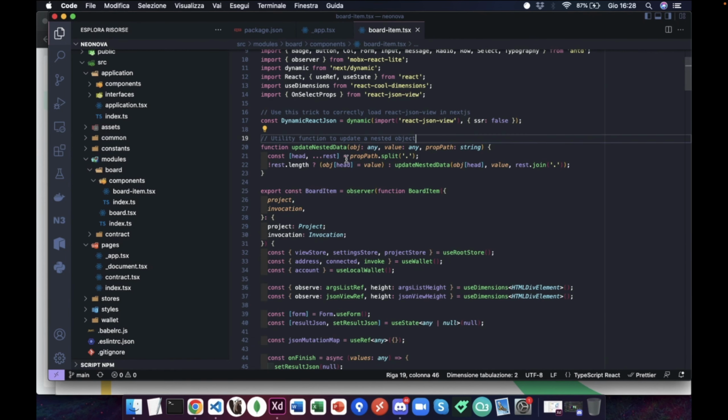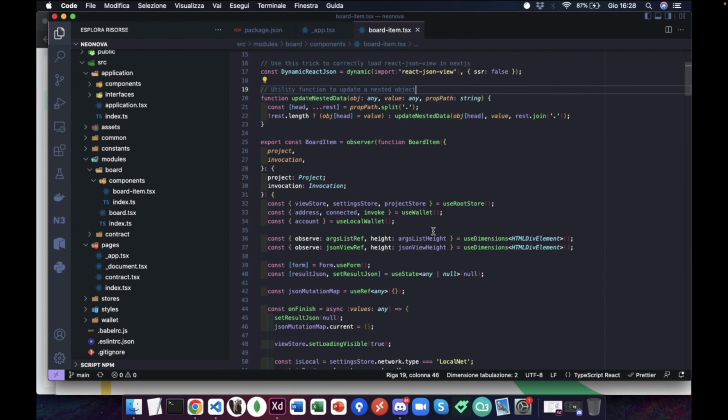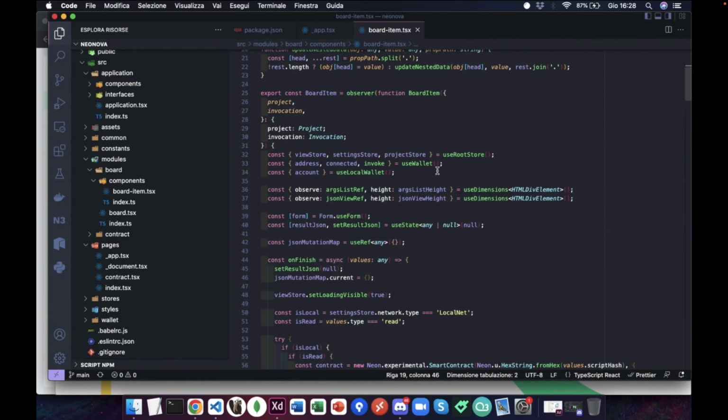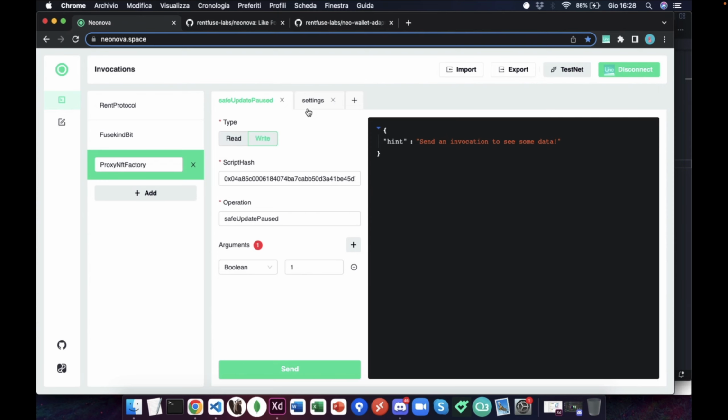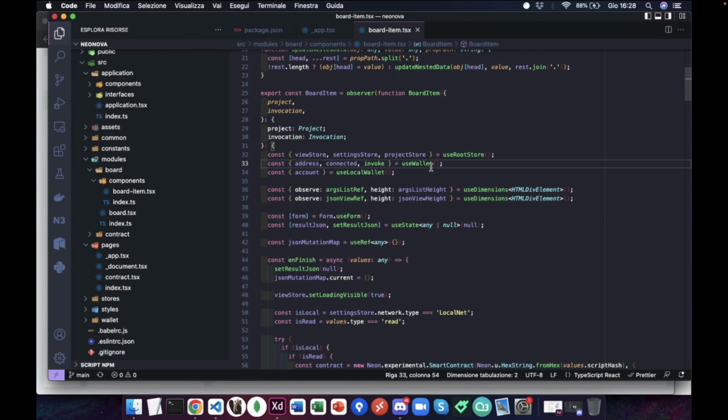Here is a component where we use the new wallet adapter library. That is the board item component, basically this component. Okay, so it is the real component that allows us to interact with the blockchain. It uses this hook, the use wallet hook, to get data from the wallet that is connected. So we get the address of the connected wallet, whether the wallet is connected or not, and